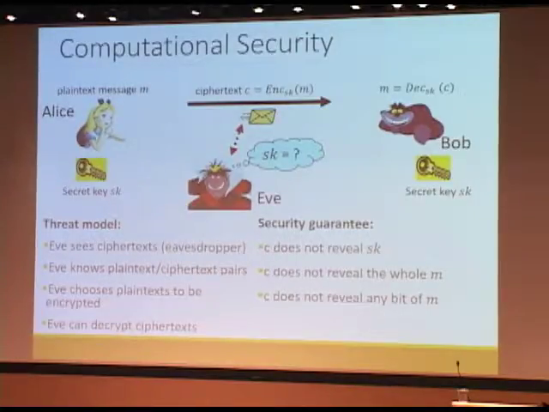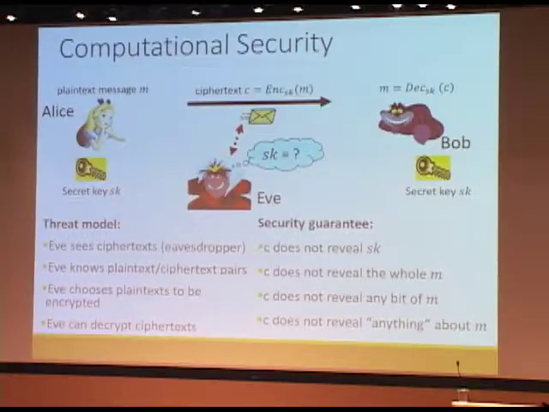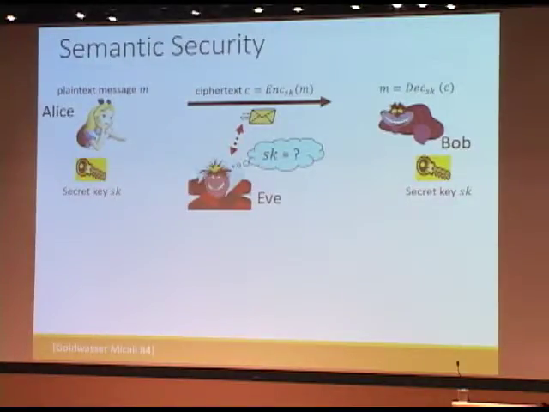And if you think about this a little more, then you come to the conclusion that somehow you want the ciphertext to not reveal anything about the message. Not any function of the message. But how do we formally do this? Fortunately, classical cryptographers have already done this a quite a while ago. And they came up with this notion of semantic security. So this is a standard notion in classical cryptography.